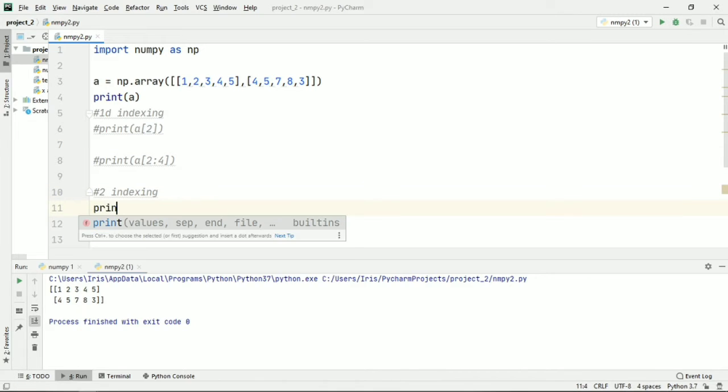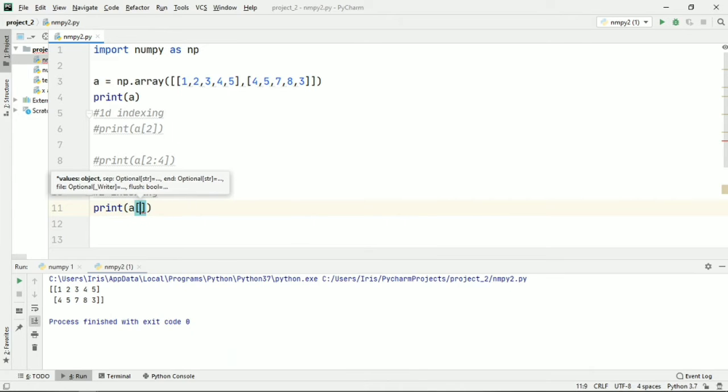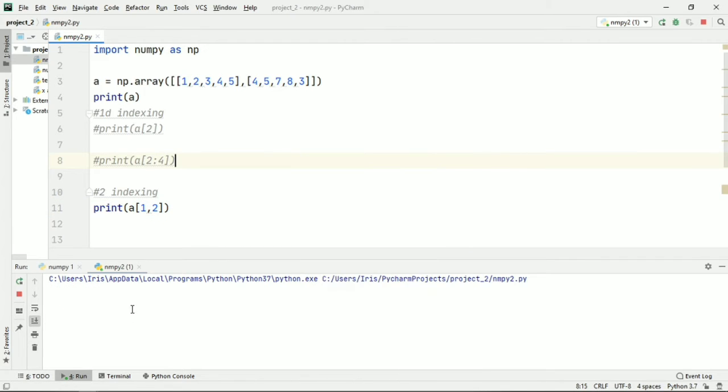So what I'll do is first, I will show you. I will just print my array variable, and I will specify two dimensions, that's 1, 2, and let me run this and show you. Okay, so 1, 2 gives us 7. So what does this 7 mean? Let's understand. So 1 is playing as a row argument.